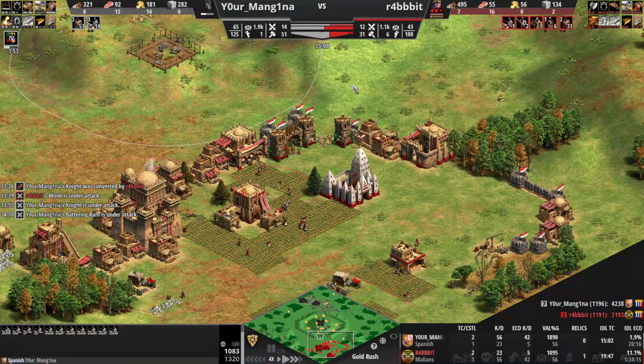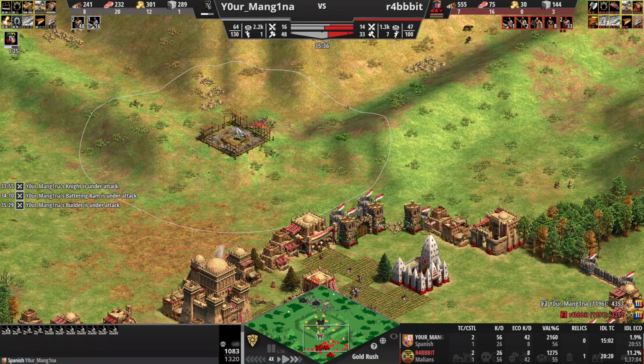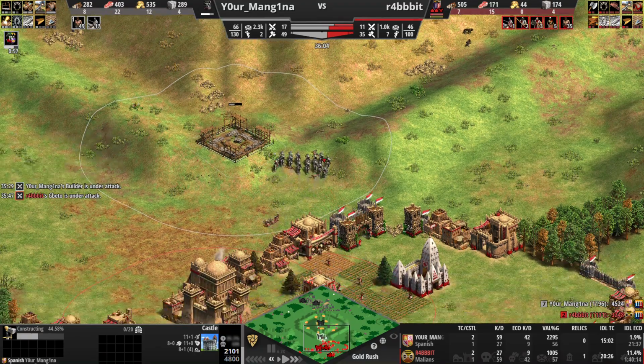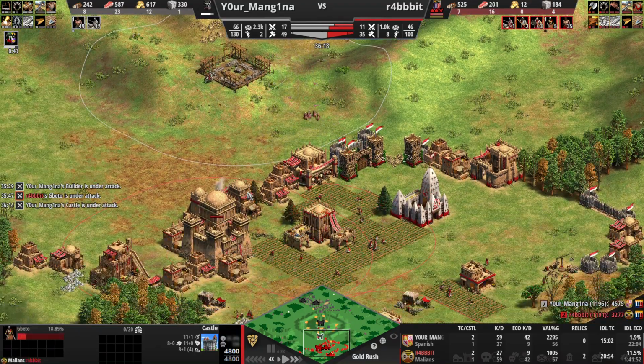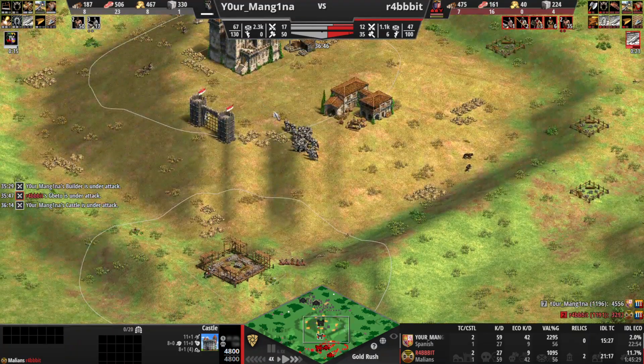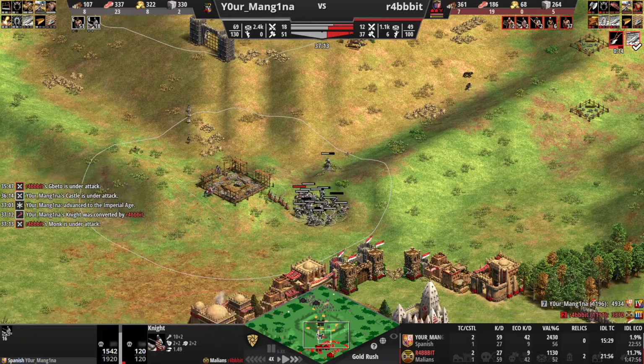It's now 50 to 30 eco. That's a huge difference. 20 vil difference. That's huge at this stage of the game. He does deny a castle of mine. I'm going imp. I want to place this. That way I can trip down his castle, or at least trip down buildings and allow myself back into his eco. If I just back up a little bit, keep massing knights,